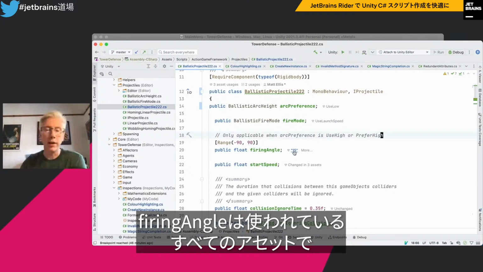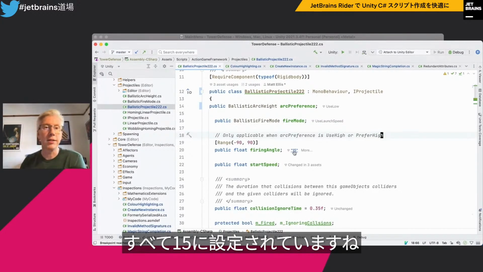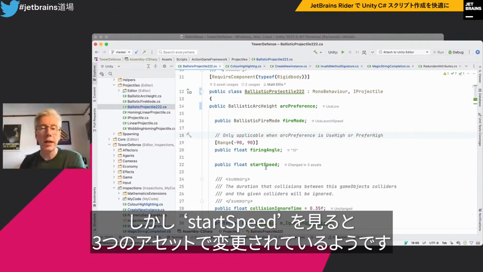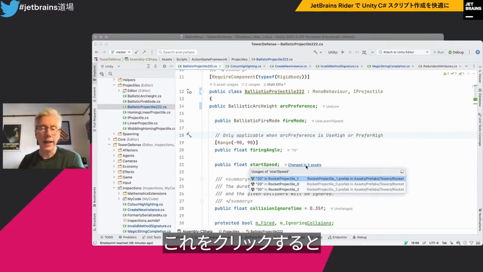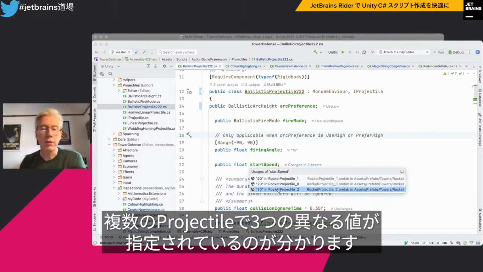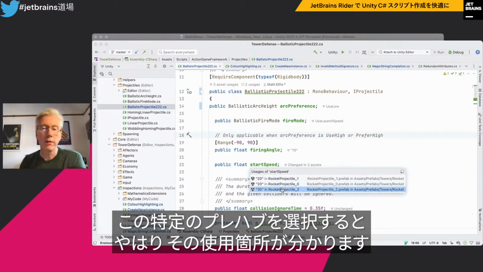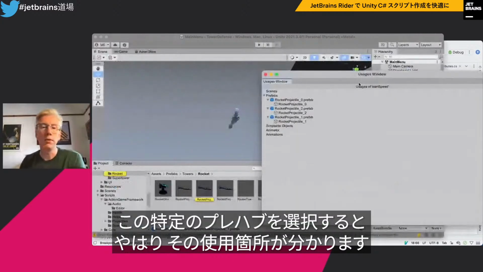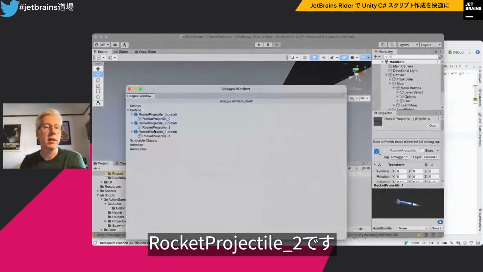So I can see that my firing angle is always 15 in all the assets that this is being used in. But if we look at start speed, we can see it's being changed in 3 assets. So if I click that, I can see I've got 3 different values in the different projectiles. So if I select this particular prefab, then again, we'll see where it's being used. And we can see,